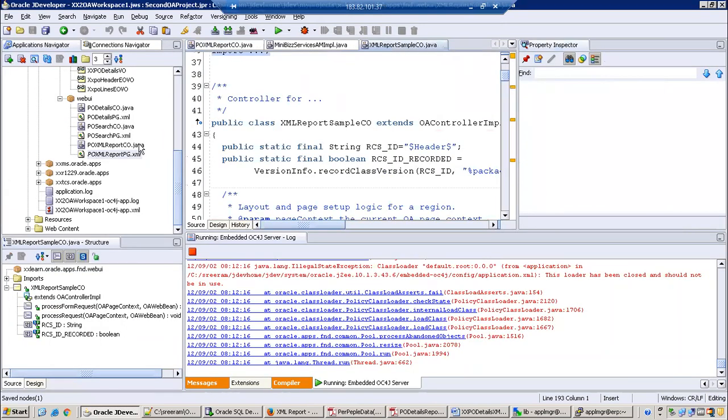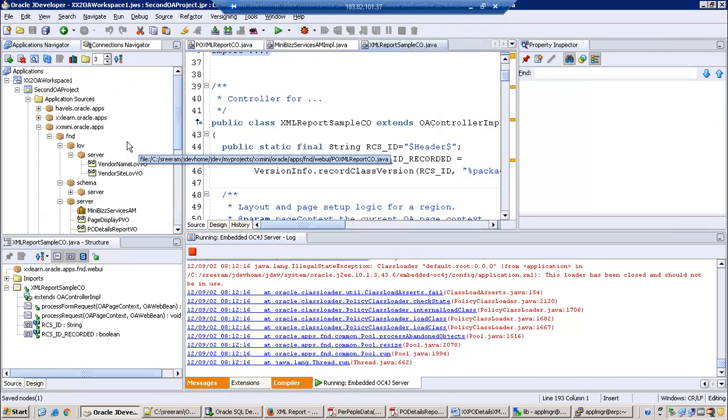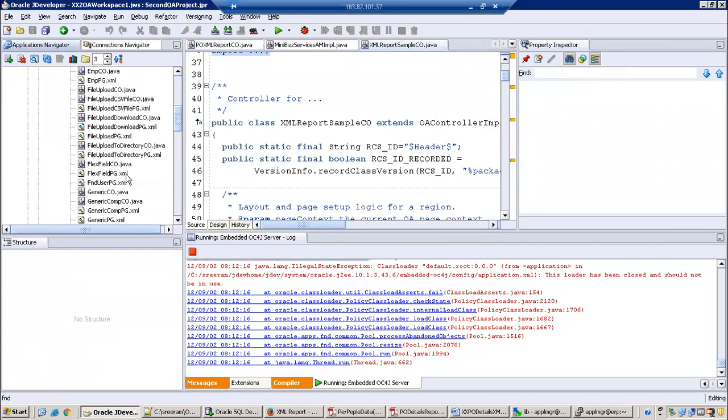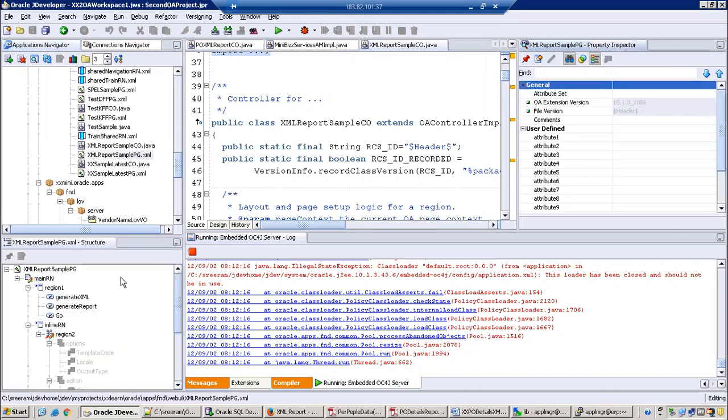One minute. So this is our XML report. Yeah, the name was Go. That's a mistake.